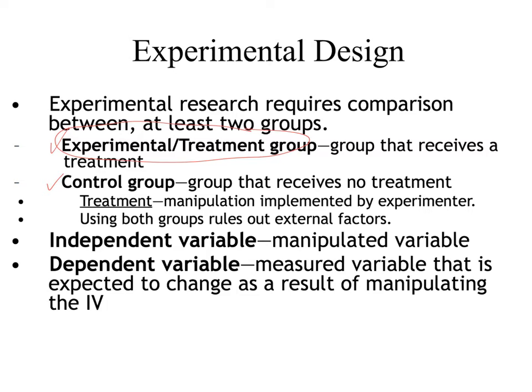At the end, if I hypothesize that a brighter room leads to higher test scores, then I could compare these two groups and see if in fact the experimental group scored higher than the control group. If they did, then we could be certain that there's a cause and effect relationship between the independent variable and the